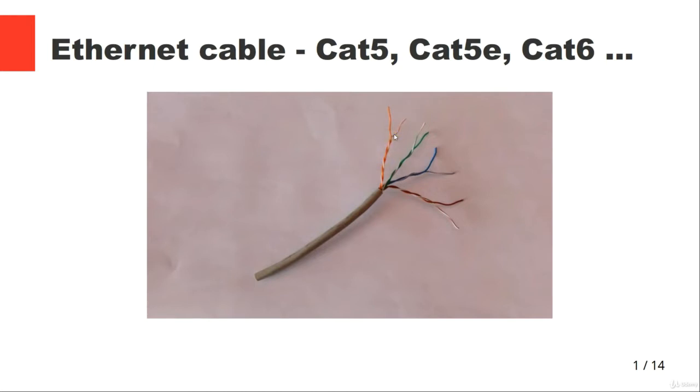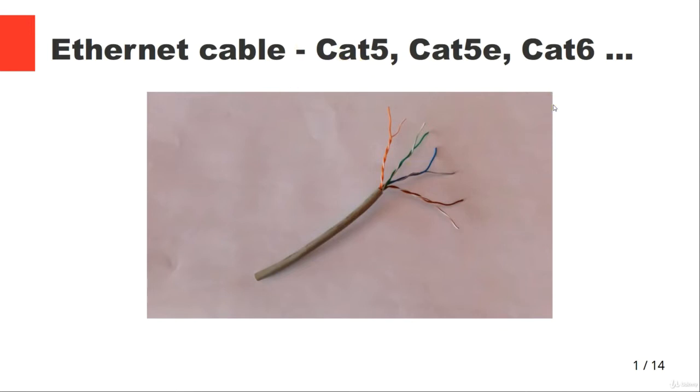So it's orange, orange-white, green, green-white, blue, blue-white, brown, brown-white, all together in one sleeve. And all those cables, Cat5, Cat5e, Cat6, will have those wires. The difference will be the way they are twisted, the way the cable is built inside,